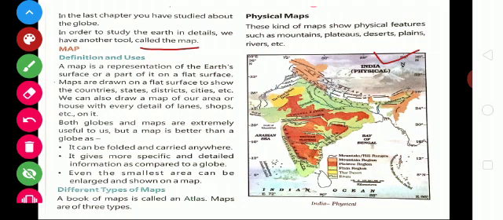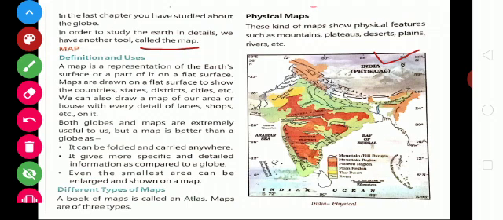We can see particular information about a state or district. Even the smallest area, like Chennai, can be enlarged and shown on a map, but on the globe we cannot enlarge it.